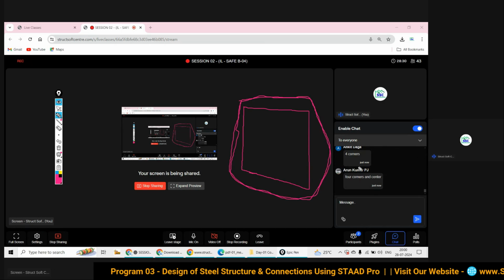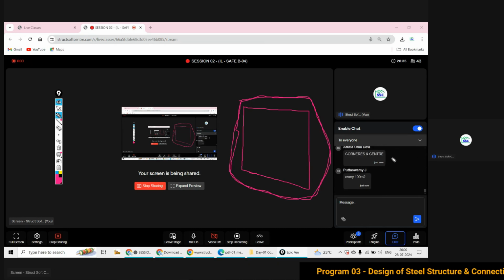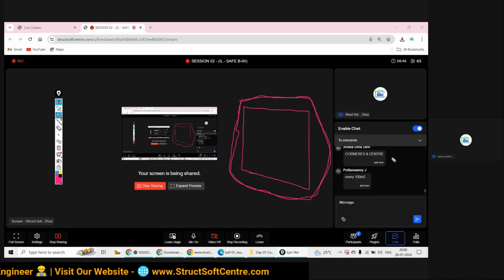Four corners, that's very true, very correct. At four corners we need to do this soil exploration, and at every 100 meter square as well. But suppose I'm limiting you to do the exploration only at 4 points,